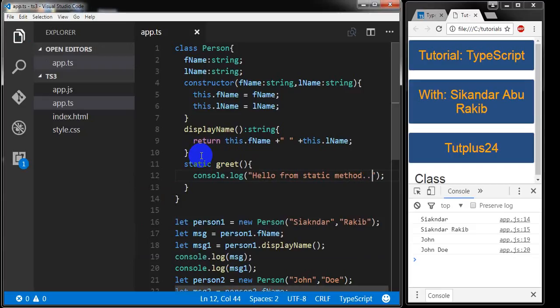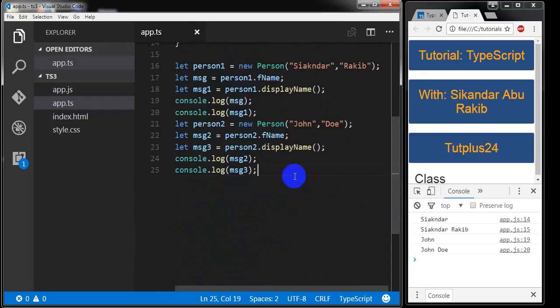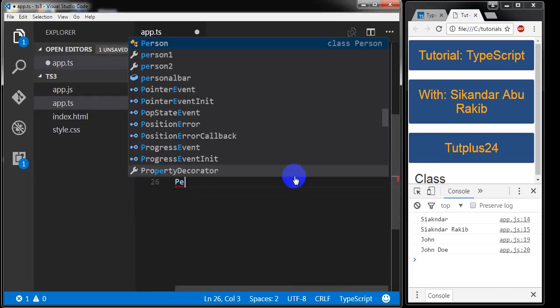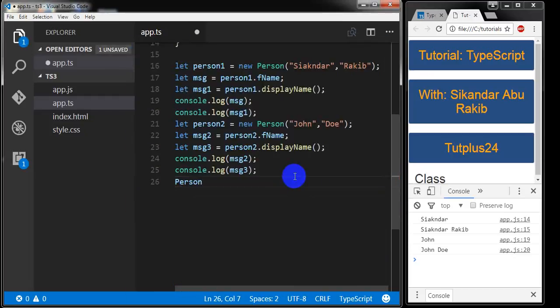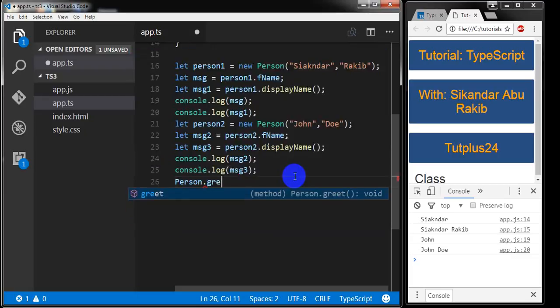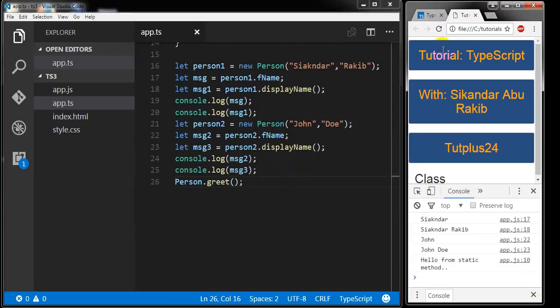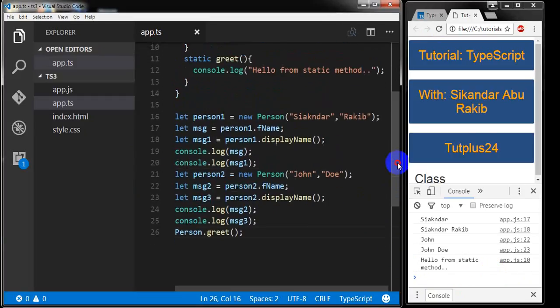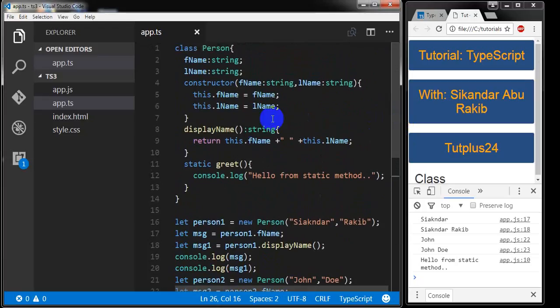Okay, we'll have to call it person dot greet, hello from static method. The difference between the static method and the other normal method in a class is that